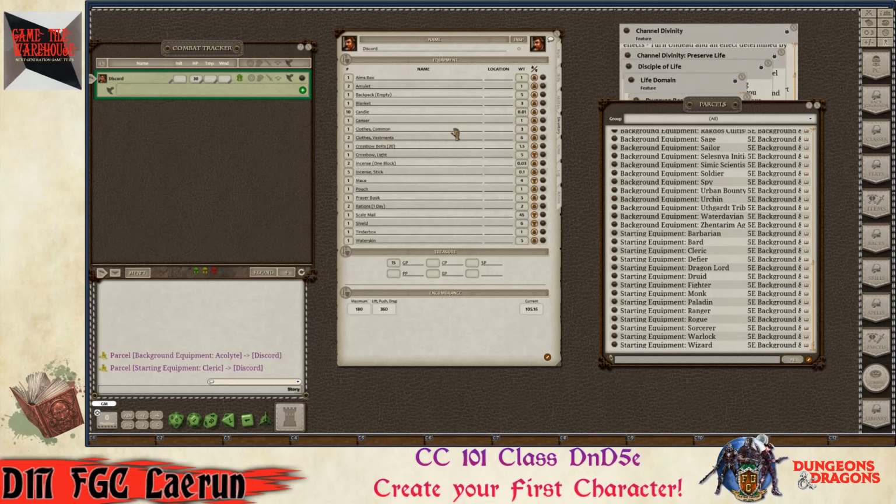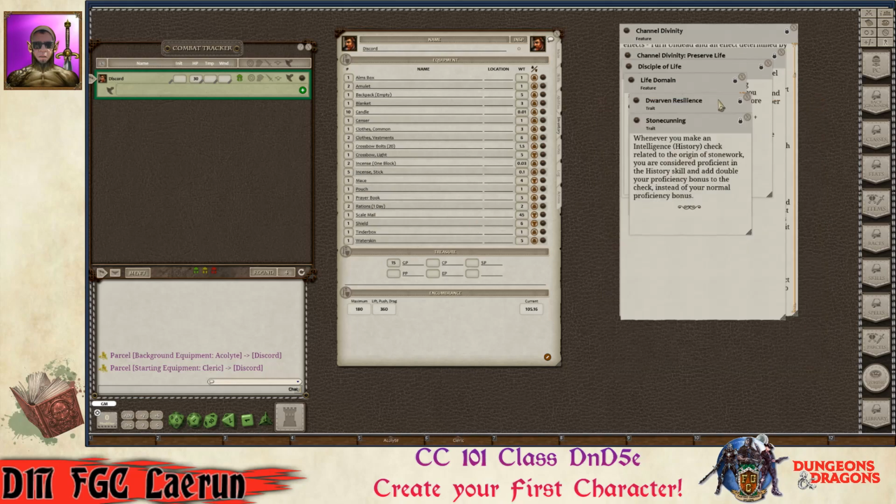Bam! It just puts everything in there. I don't have to worry about what it is at the moment. I'm going to close this parcels. And basically, it just adds whatever you need to your inventory based on your starting equipment. As you can see, it's got a lot of things. So I'm going to go ahead and